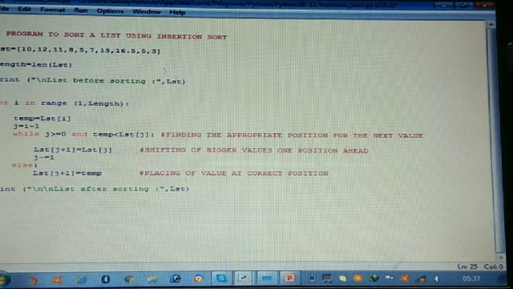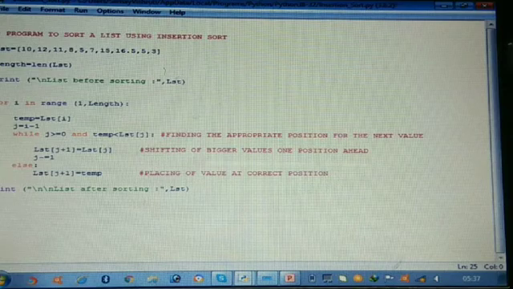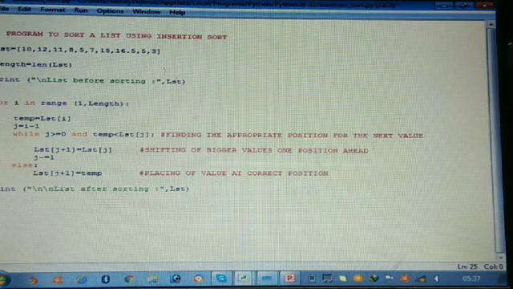Now it will keep the value at index 1 or 2 or whatsoever into a variable temp, and then from the previous index value it is going to check whether the element is smaller than the previous one. If yes, we are using a while loop here, and the while loop has 2 conditions. j greater than or equal to 0, that means the position index must not go below 0, because the first index is 0.